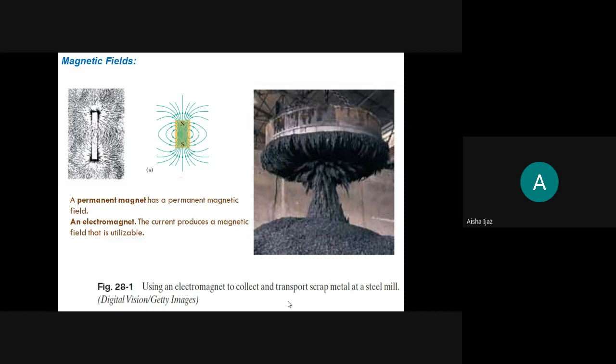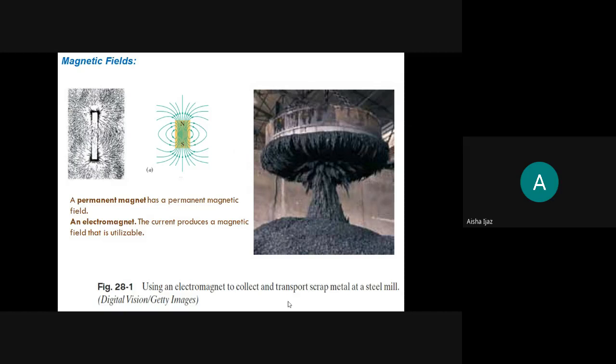We also discussed the Lorentz force: when a charged particle is in the presence of both electric and magnetic fields, the total resulting force is called the Lorentz force, which should be F equal to qE, that is the electric force, plus qV cross B. So when you add them together, you get qE plus qV cross B.